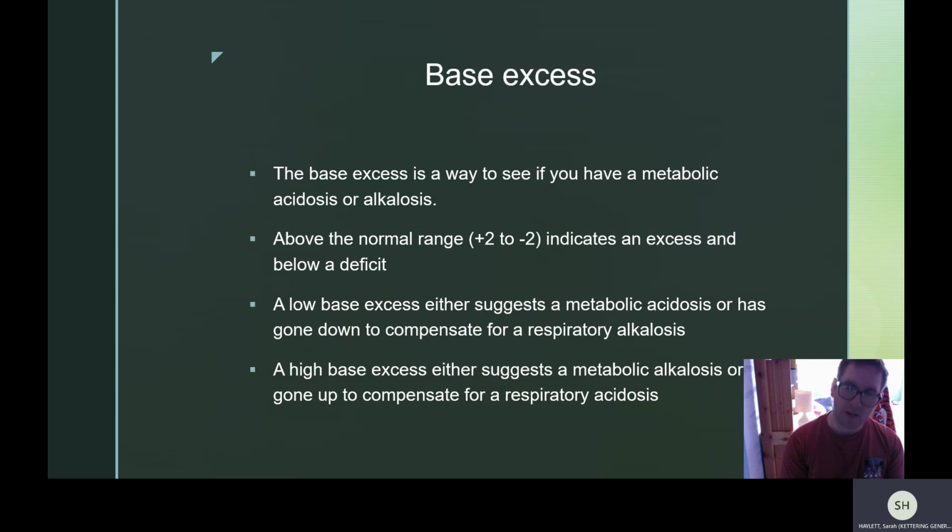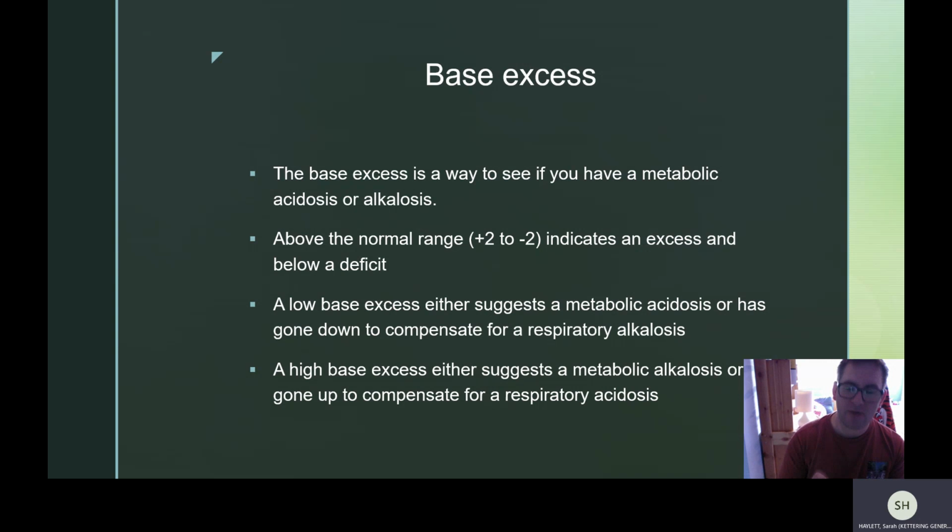So your bicarb will go down because of that, and your base excess will go down because of that, to try and counteract. A high base excess either suggests a metabolic alkalosis, or